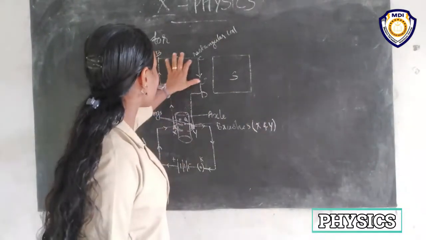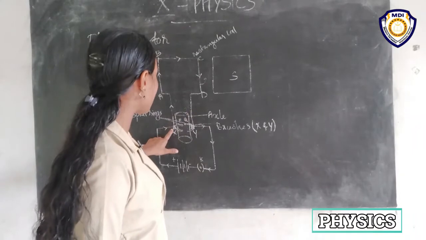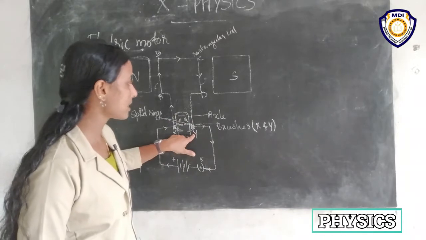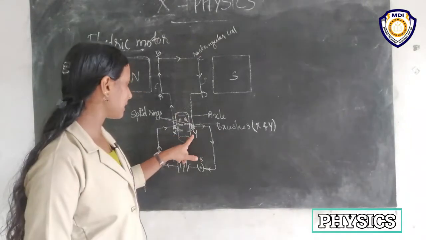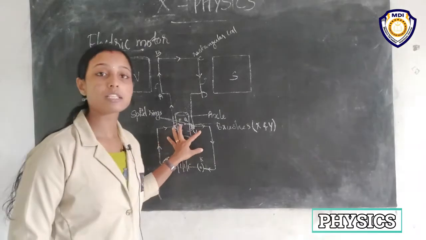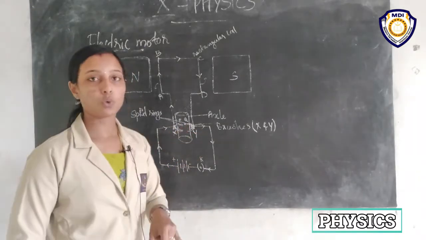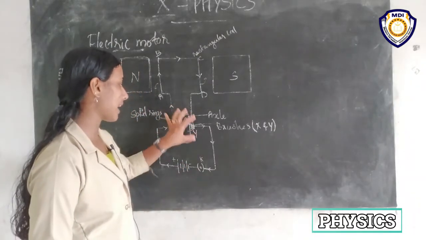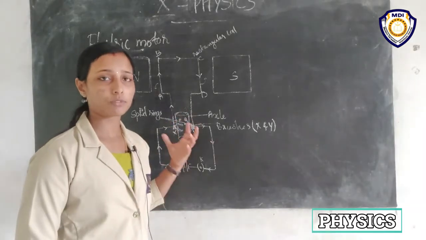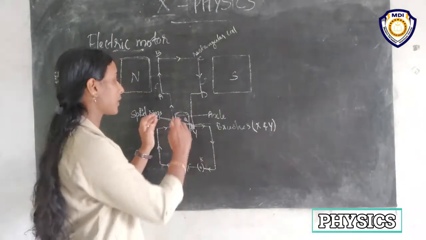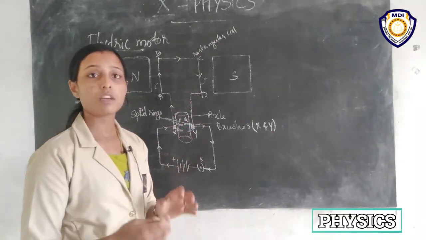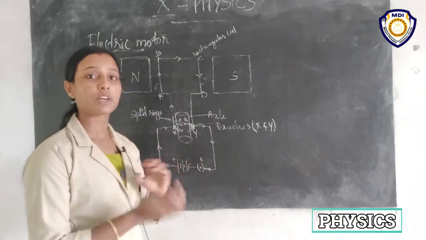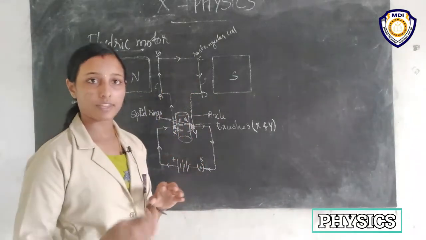So one end of the rectangular coil is connected to this brush X, and the other end of the coil is connected to this brush Y, and then these brushes are in turn connected to these split rings P and Q. And here we have an axle. What is the purpose of that axle? It is for free movement. This rectangular coil has to move, right? So providing this axle provides the free rotation of this rectangular coil, or we can say armature.